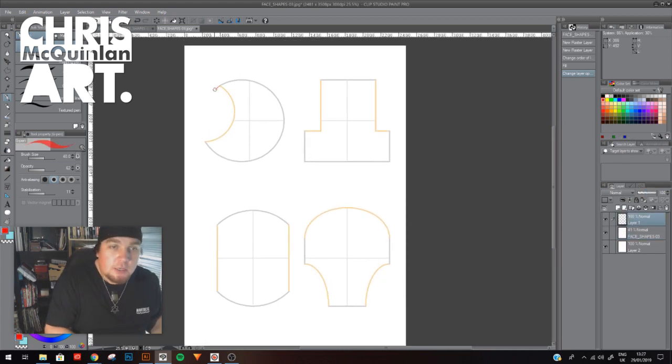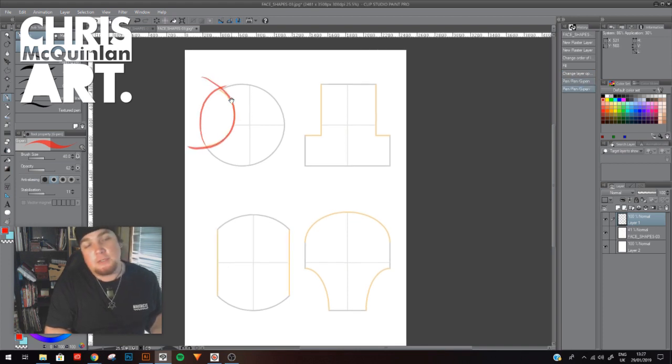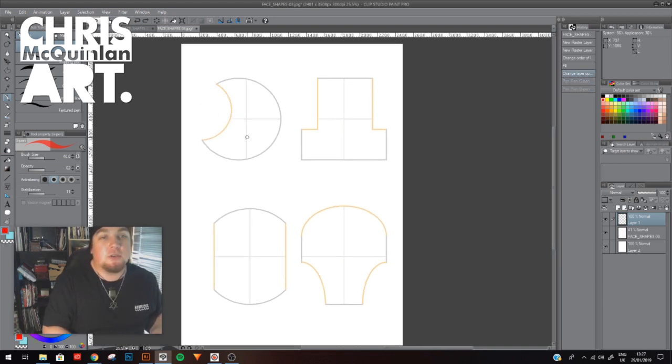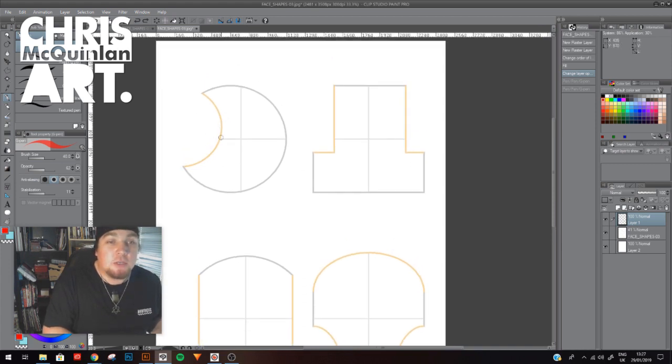Alright, so originally this here was a large circle, just a standard circle. What I've done instead is I've actually cut another circle out of the side of it to create this nice crescent shape. Now this would actually be really good as a side-on view, but what I've done for the purpose of just trying to keep it simple for you all is just done a standard cross section. And we're just going to have this moon crescent faced guy